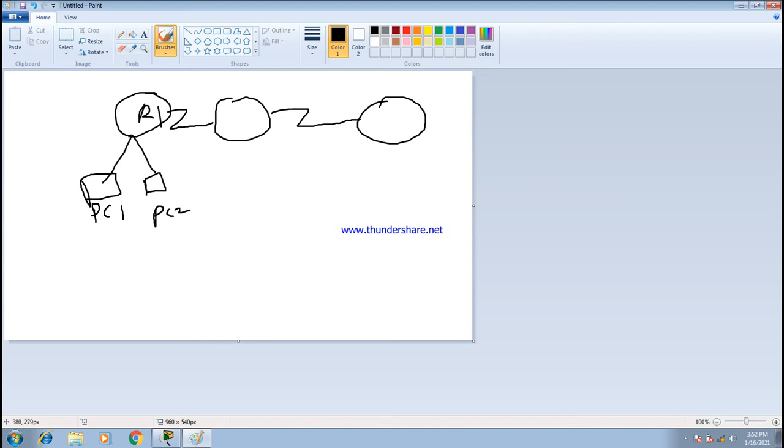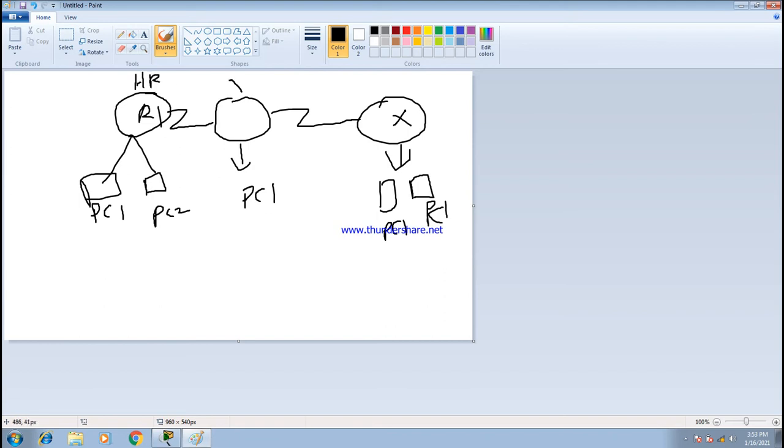The center router has 1 PC, and for the destination you have 2 systems. In our scenario we can take the 2 systems here. So what does ACL actually mean? You want to give allow or deny. For example, with these 3 routers, the first router is considered the HR department.